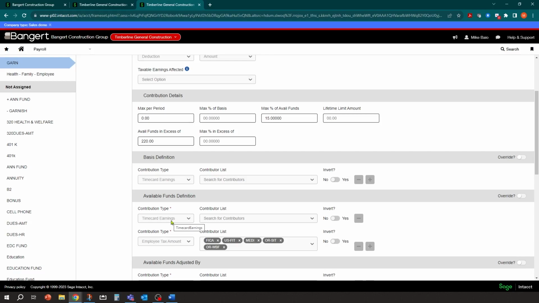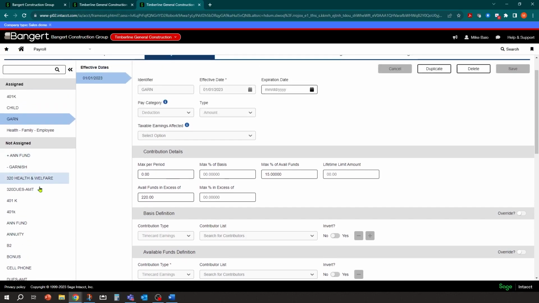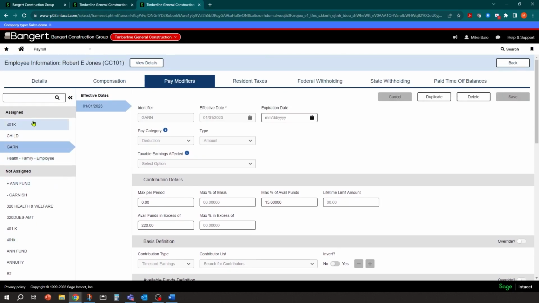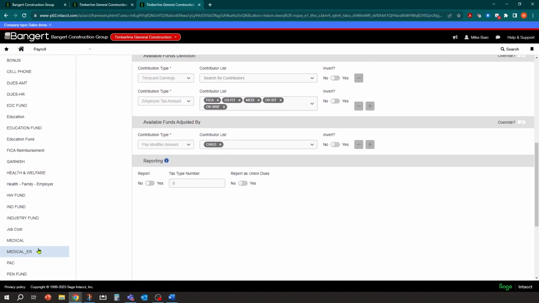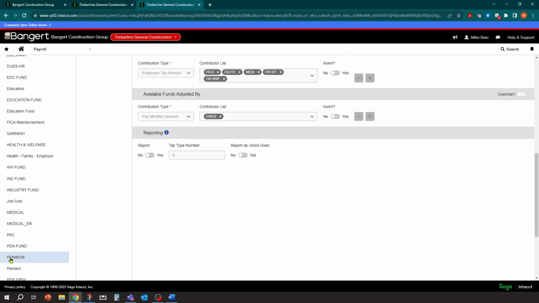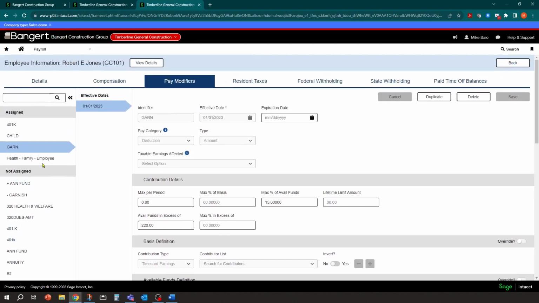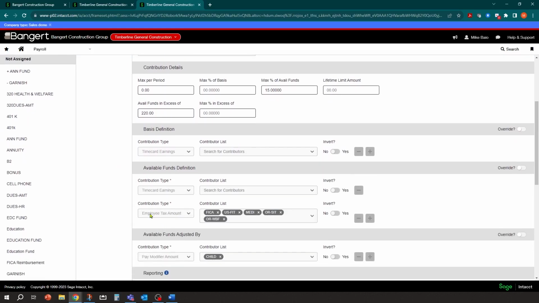If the employee by chance was getting some other type of reimbursement pay in Sage Intacct, you want to make sure you include that in here as well. So for example, this employee doesn't have any additional pays set up, but maybe there is a cell phone reimbursement or a per diem, or an additional pay that they get automatically in their system that isn't an hours type. You just want to do the same thing that we did with the available funds. You just add another line. Not here, it's already set, I'd have to override it. But in that setup, you'd click add here and add the reimbursement pay in here as well to make that included in the available funds.